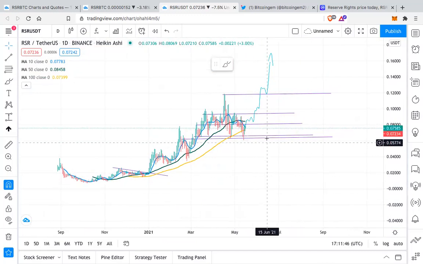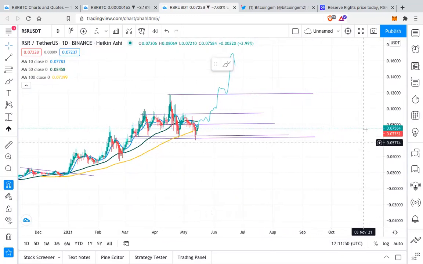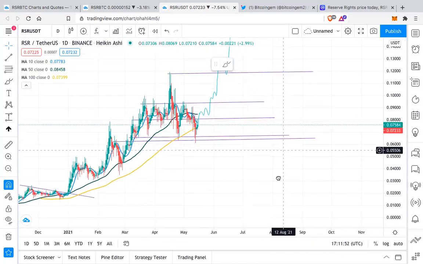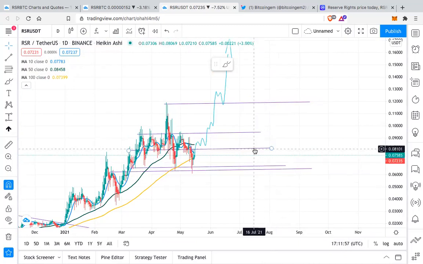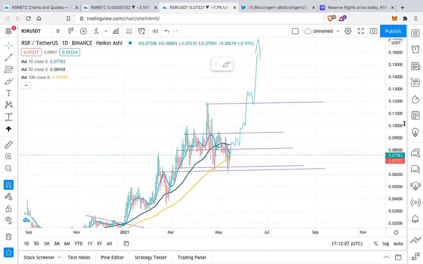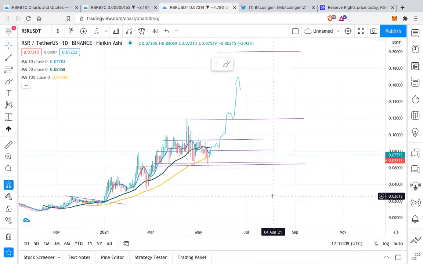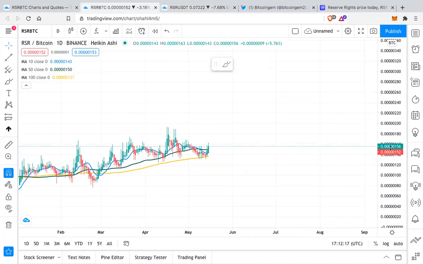And these are the regions where you can start building your position. These two are the regions where you can have your buys. One is at the current price, it's resisting at 8 cents, and one is at around 6 cents. So these are the two regions where if you can get a buy, then you can start building your position. Again, this is not financial advice, guys.